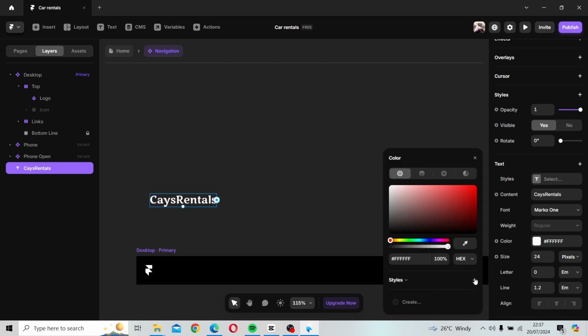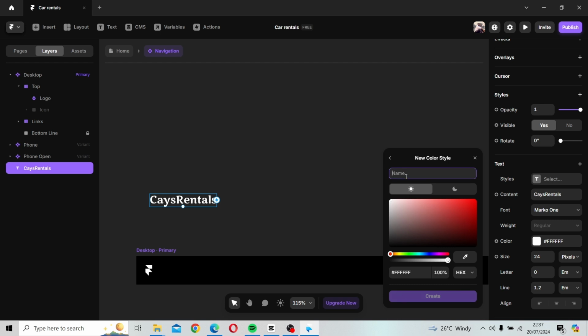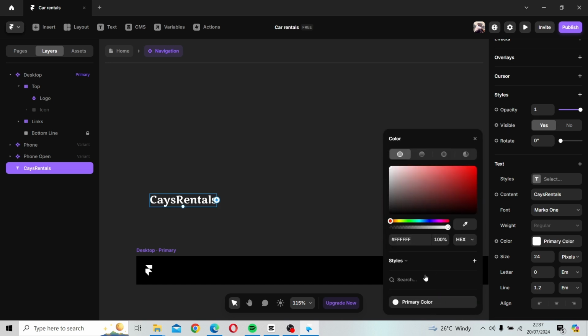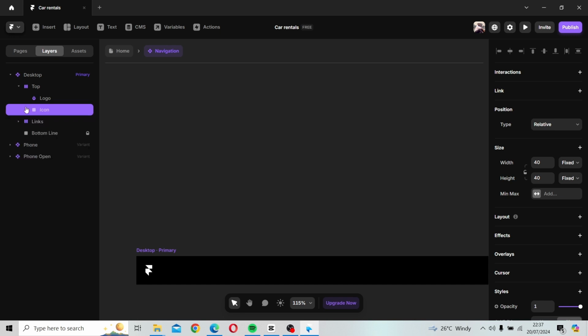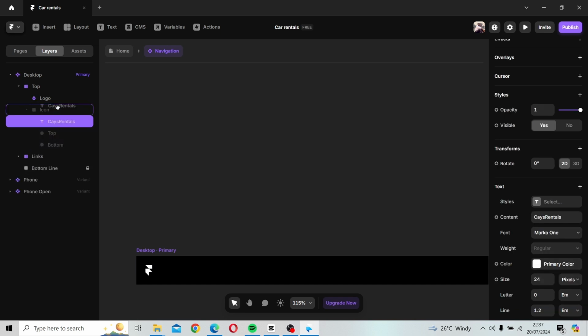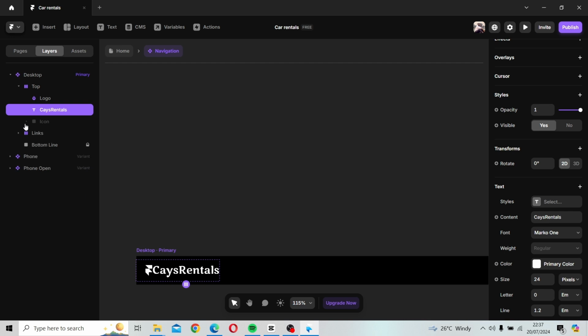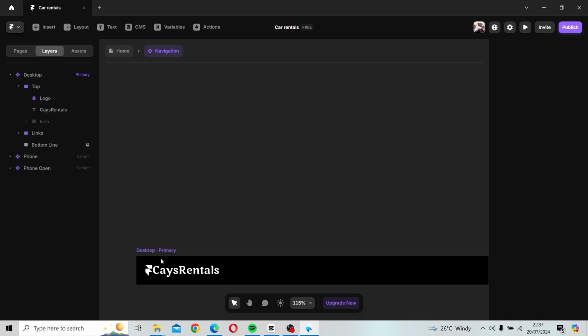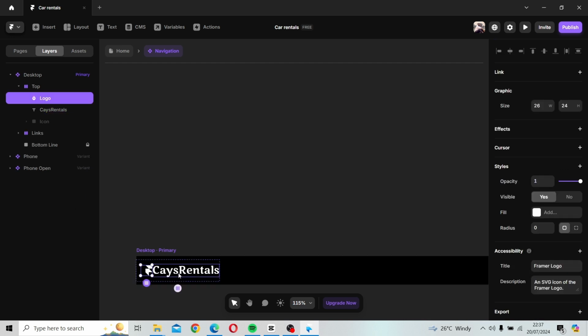So now let's dye our whites as our primary color. And then let's create it as our primary color. So now we have a primary color as white. So I'll drag it down to the logo. So you're seeing it. I'm working with the layers button, and let's delete the initial